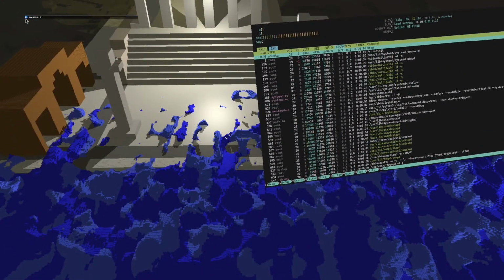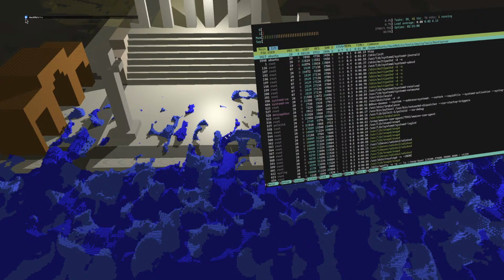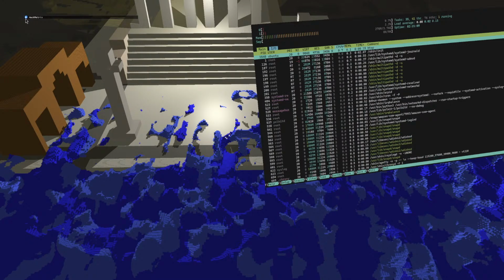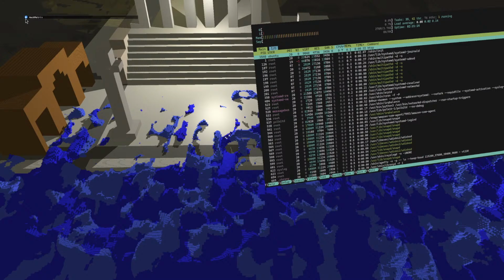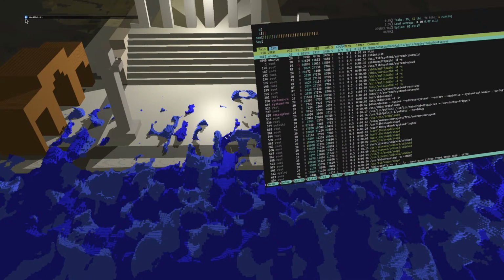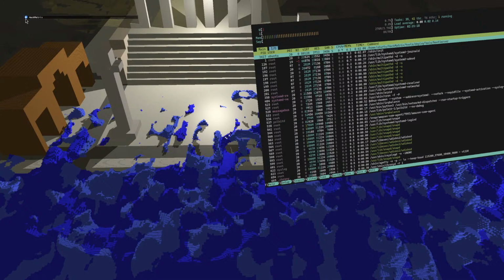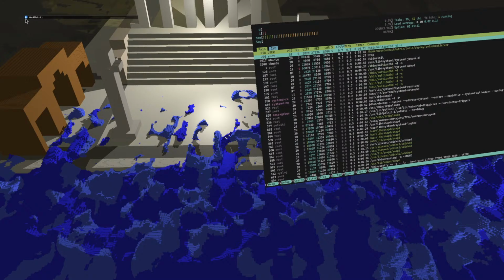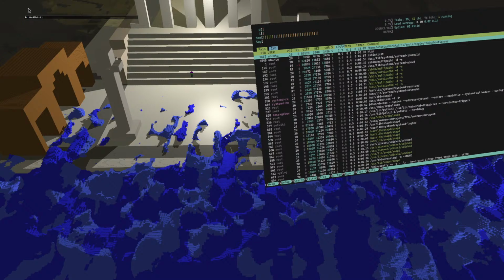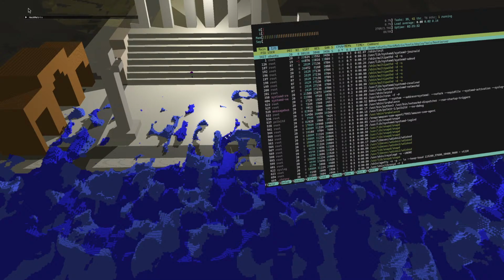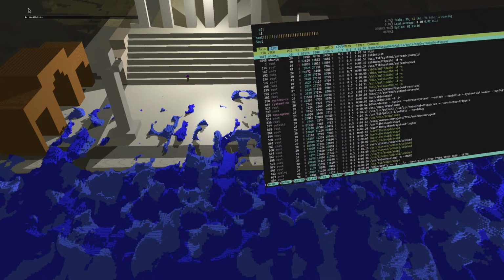Okay, so now we're at 20 FPS. Let me connect here as well. Okay, cool. And so now I believe character should be visible. Yeah, there we go.